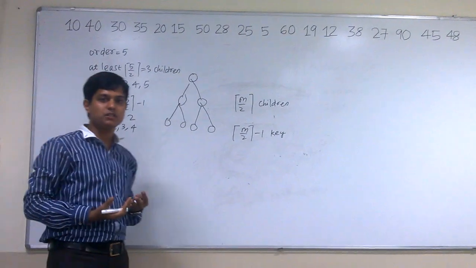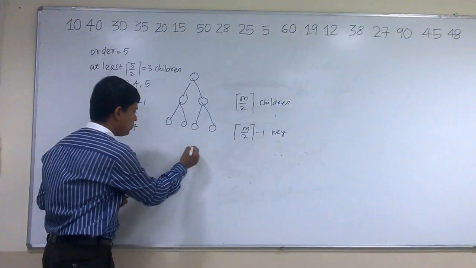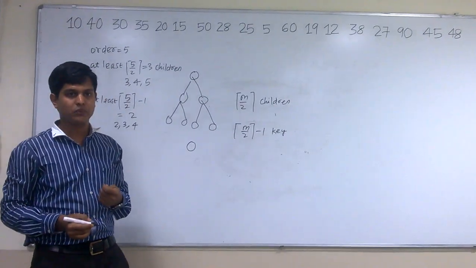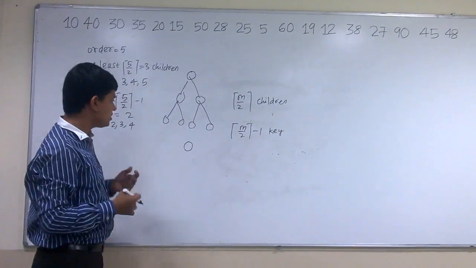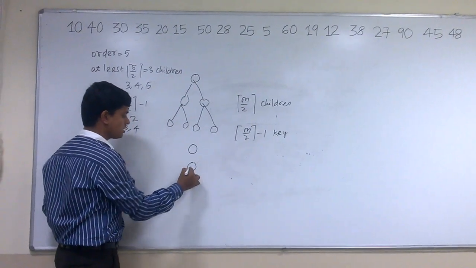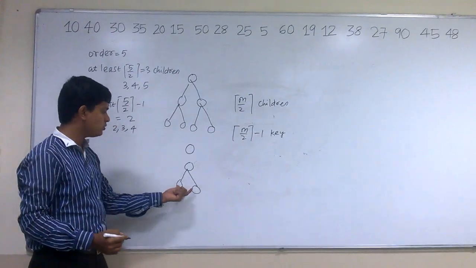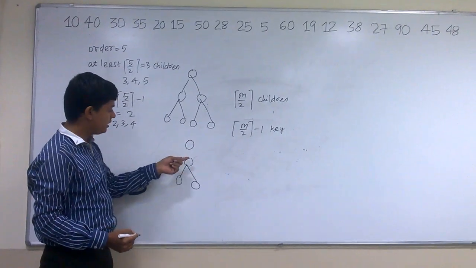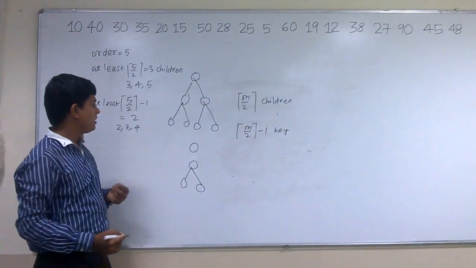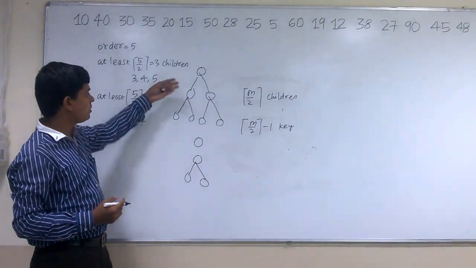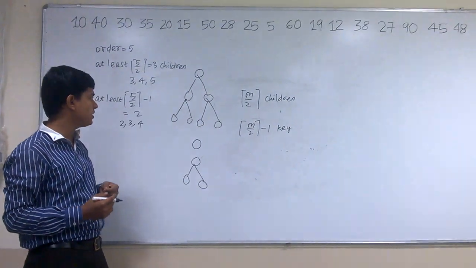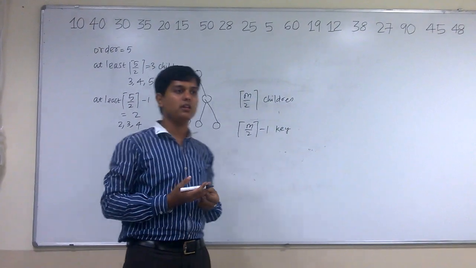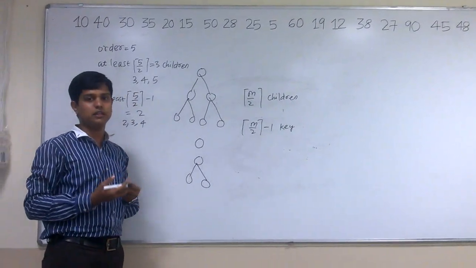Then the fourth property of the B tree says that if the root is the only node, that is, the root is the leaf node, then it must contain one key value. And the fifth property says that if the root is a non-leaf node, meaning it contains some children, then it must have at least 2 children and at least one key. And the last property says that in a particular order, if a non-leaf node has n minus 1 key values, then it must have n children.